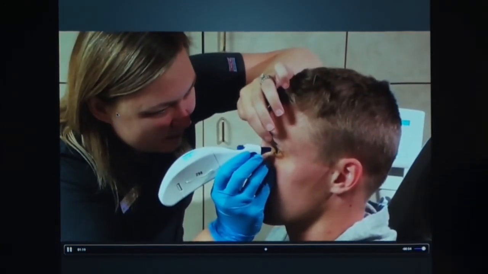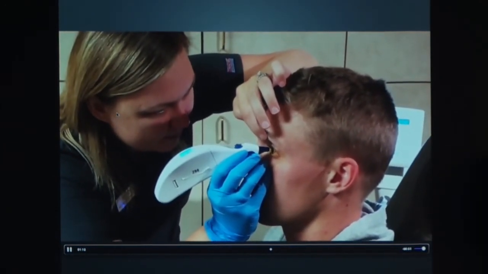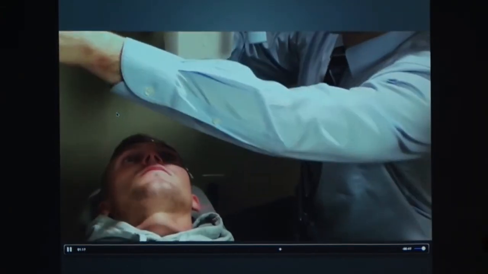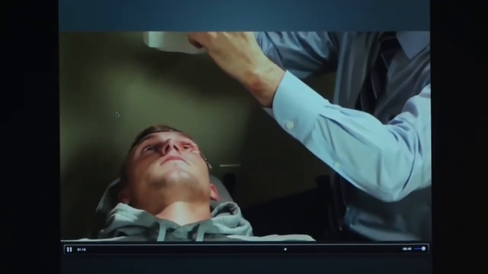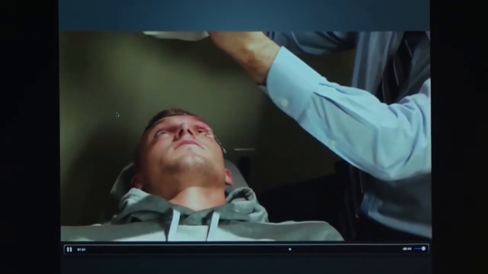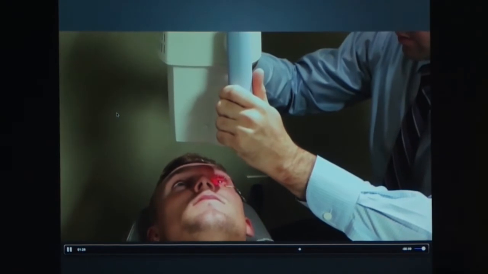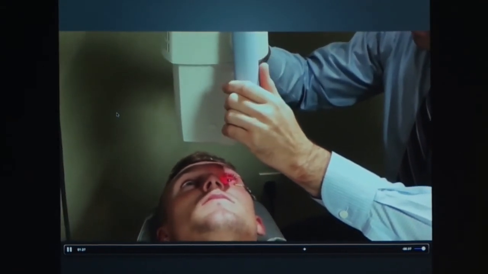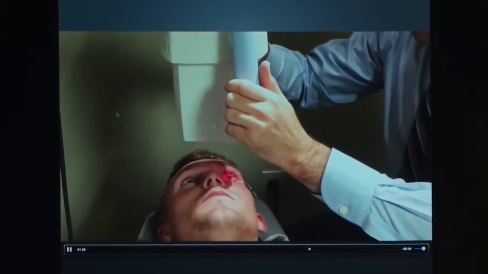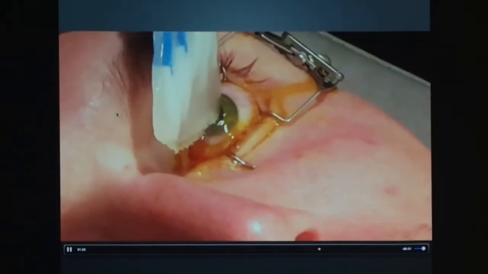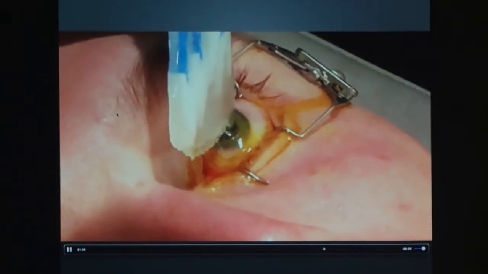At the end of the half an hour, we check the thickness of his cornea to make sure that it's 400 microns. And then the iPhone doesn't pick up the ultraviolet light on its camera, go figure. But there's a little green light that's going to be shining right on his cornea. You can't see it. All you can see is the red aiming beam. So you adjust this over the eye. And then there's actually a remote control. So if he moves his eye around a little bit, you just move the remote control and it follows his